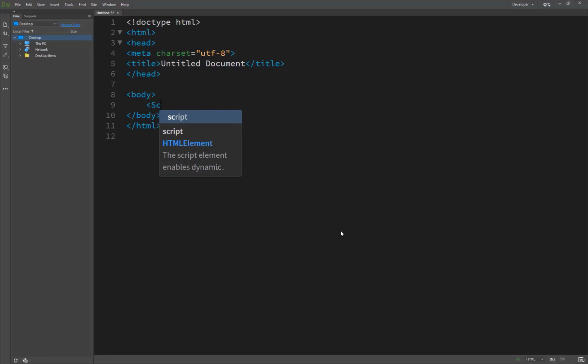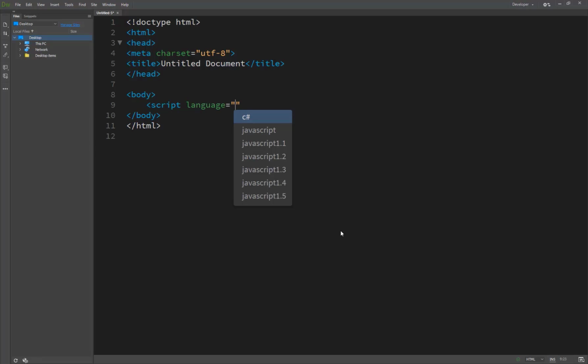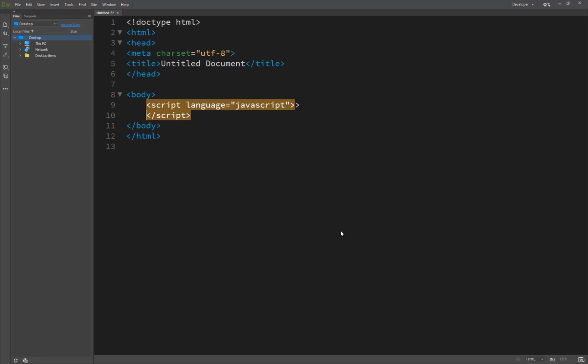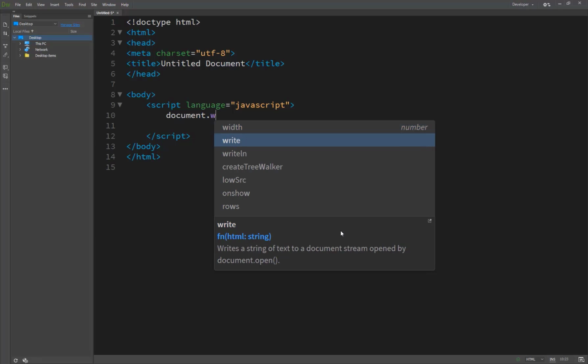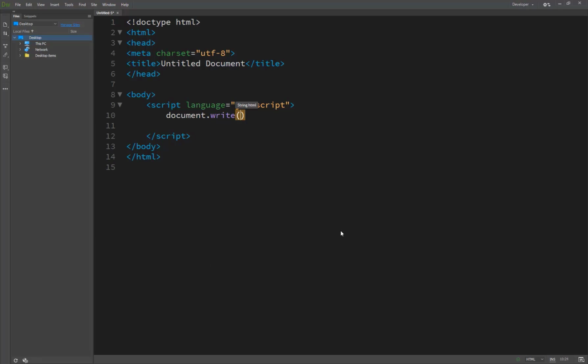So it's a script language JavaScript. document.write, and then inside it, this is task 6.